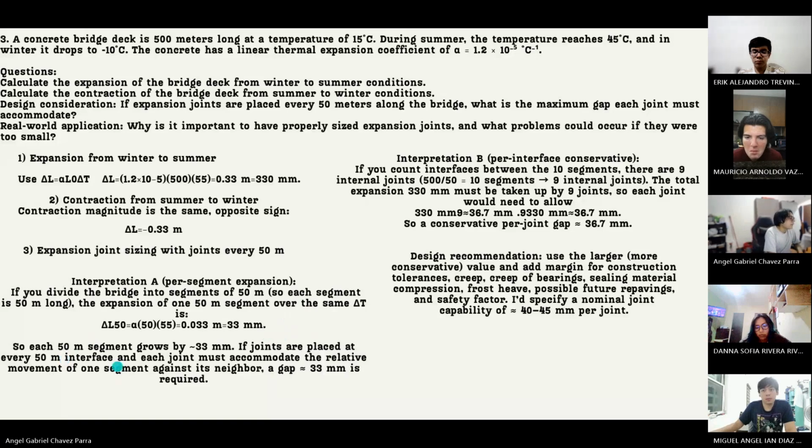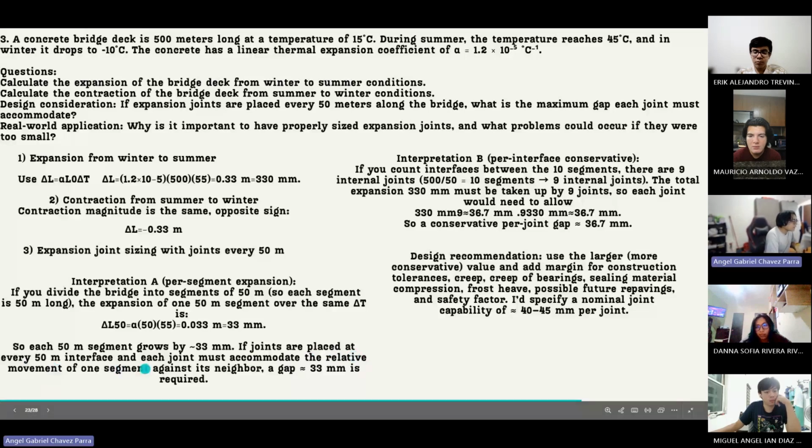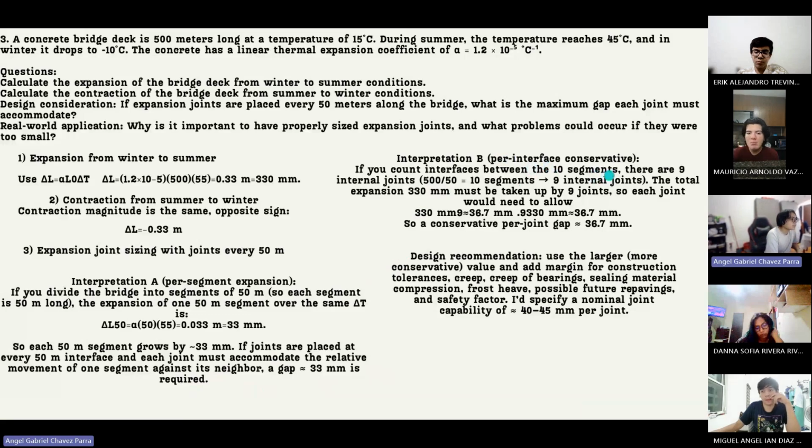So each 50 meter segment grows by 33 mm, and if joints are spaced every 50 meters, each joint must accommodate the relative movement of one segment against its neighbor, so a gap is required. Interpretation B, conservative: if you count interfaces,